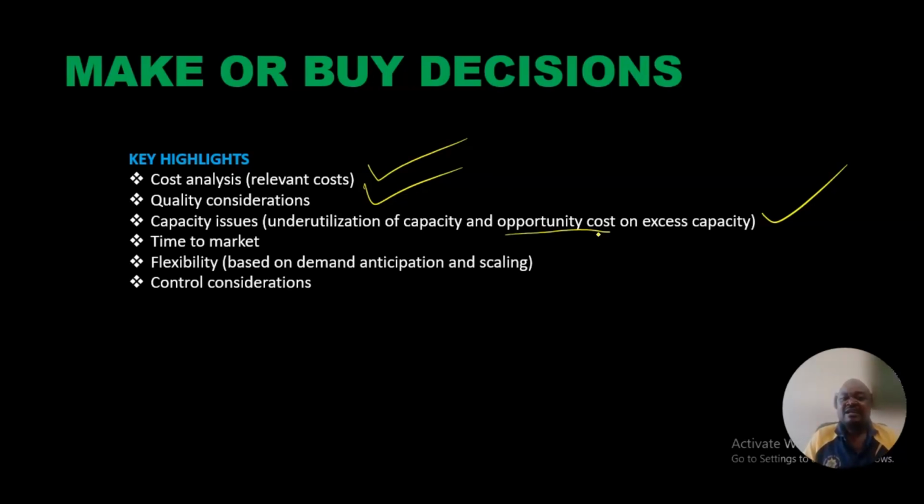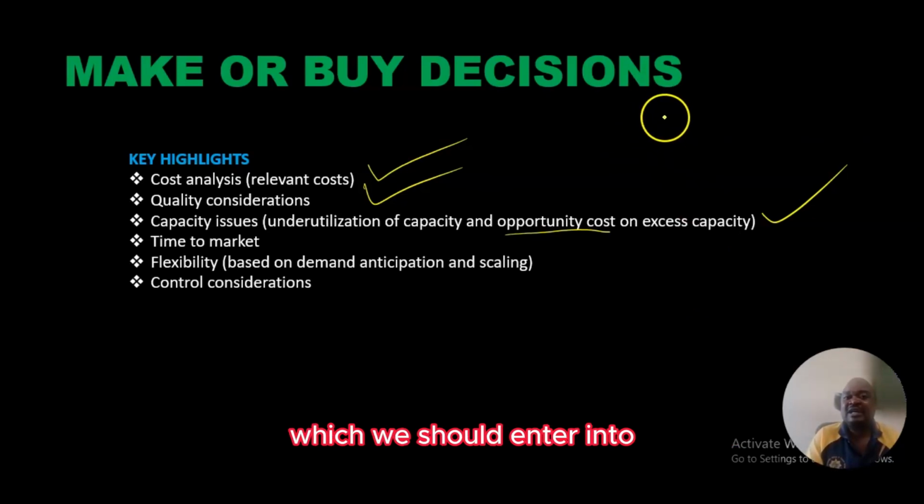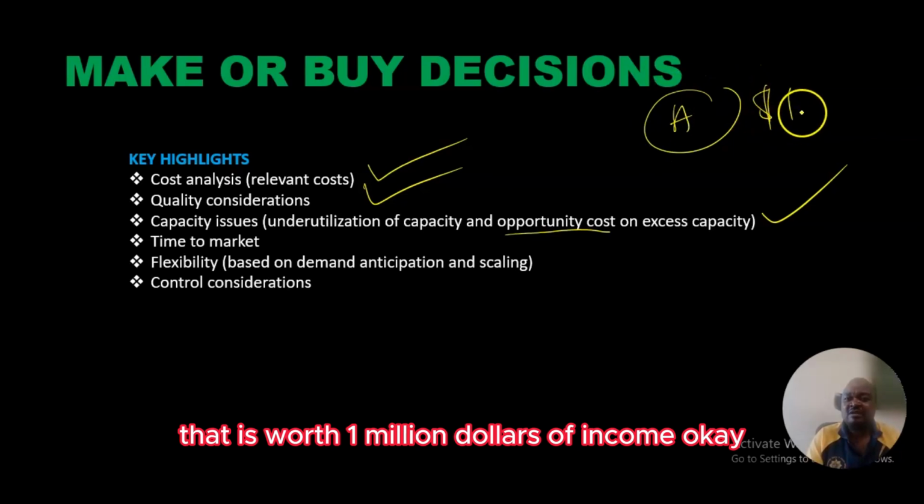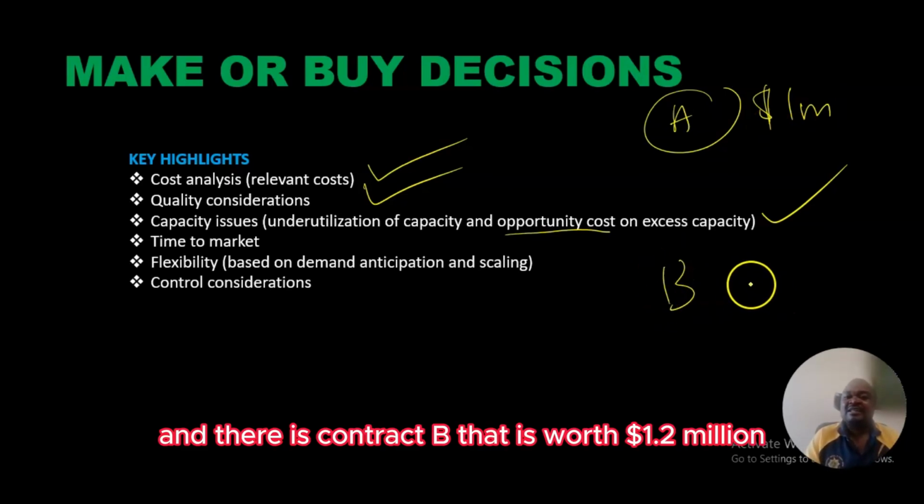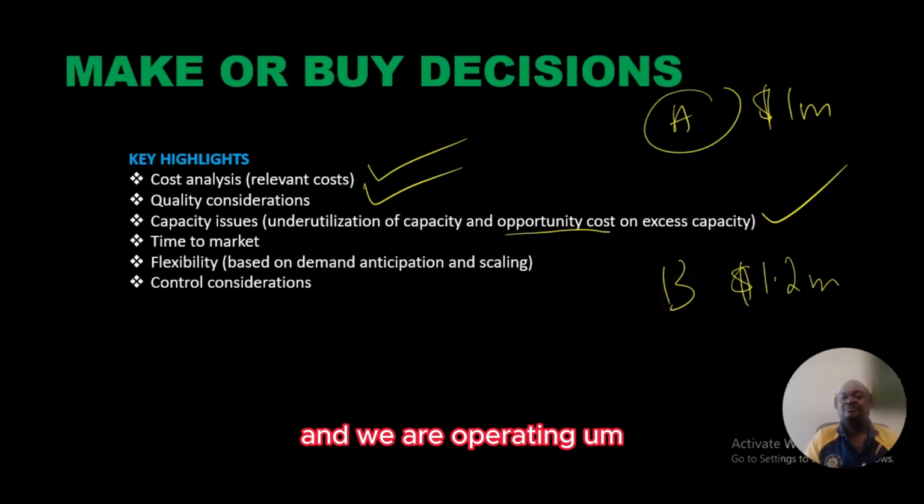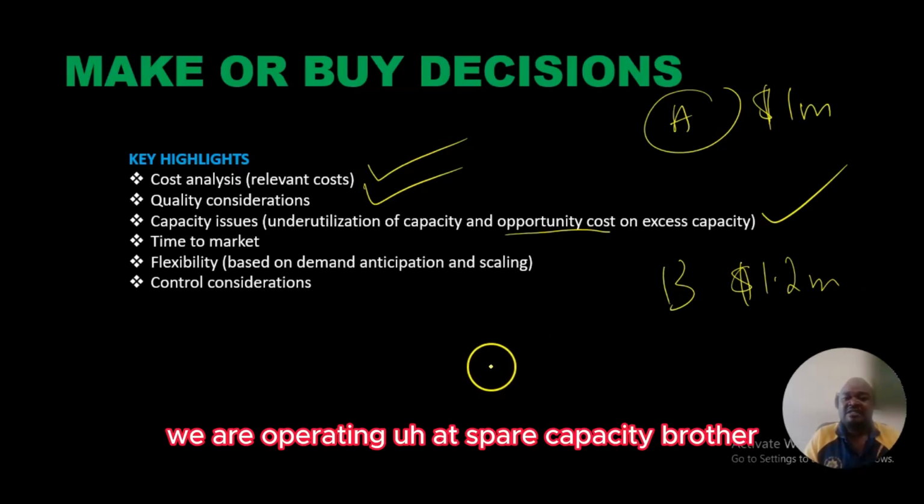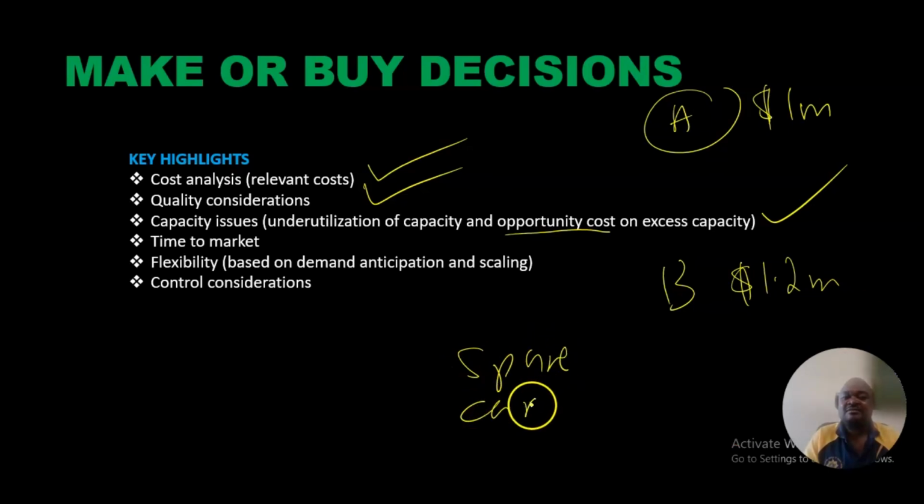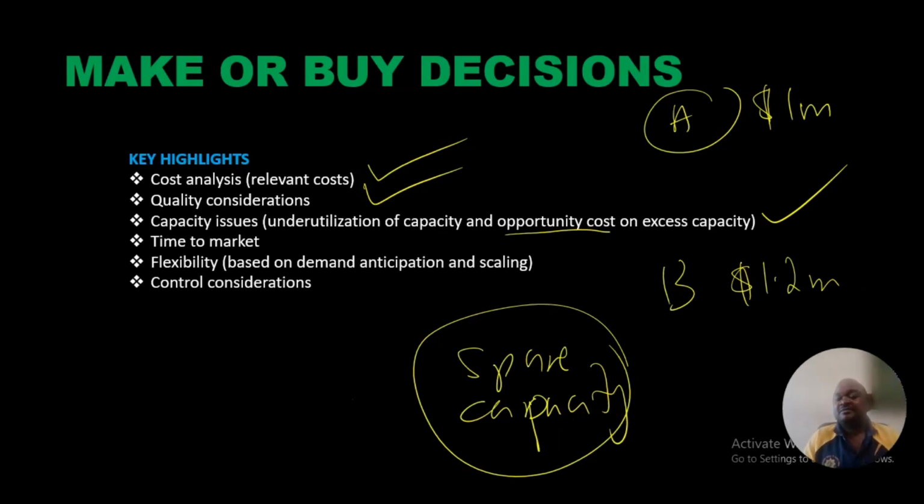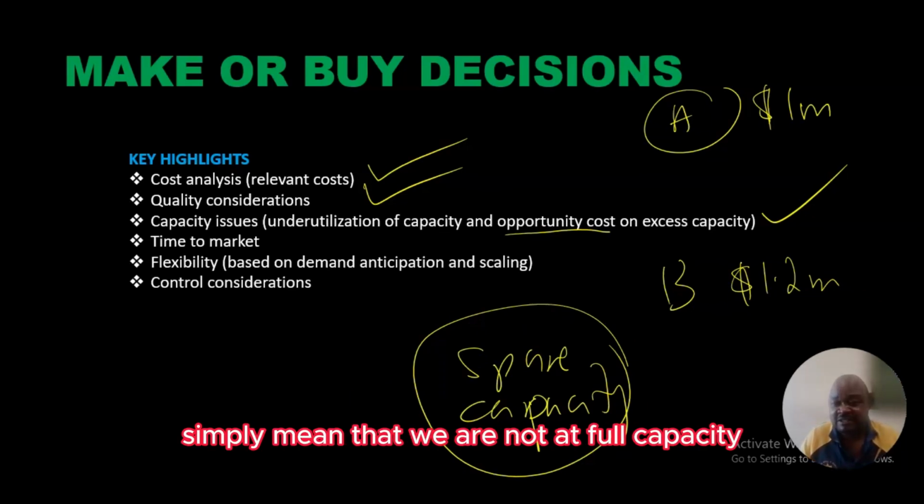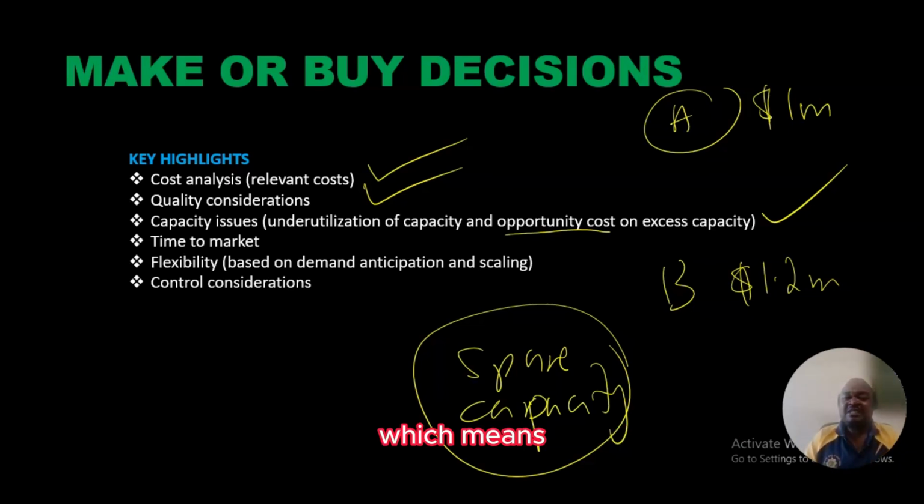For example, if there is a contract which we should enter into, say contract A that is worth $1 million of income, and there is contract B that is worth $1.2 million, and we are operating at below capacity. We are operating at spare capacity rather. Spare capacity simply means that we are not at full capacity. Which means if we could take A,